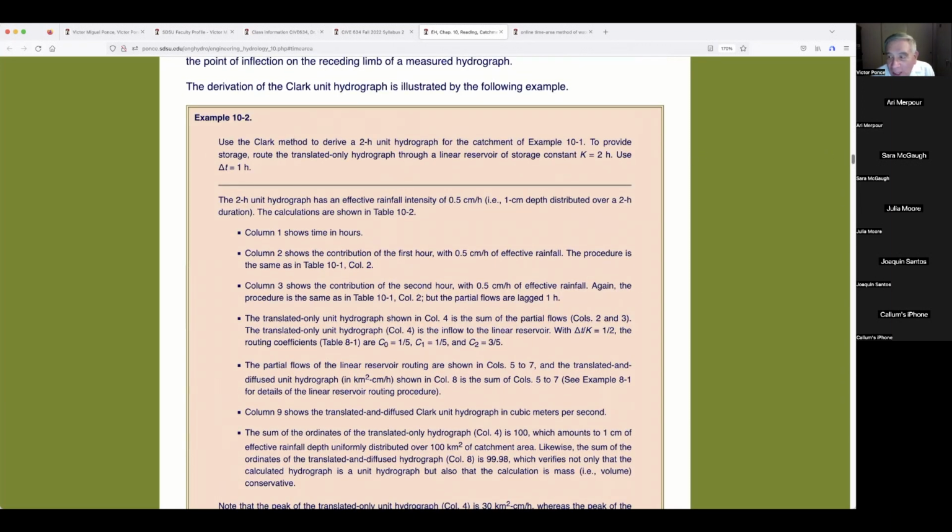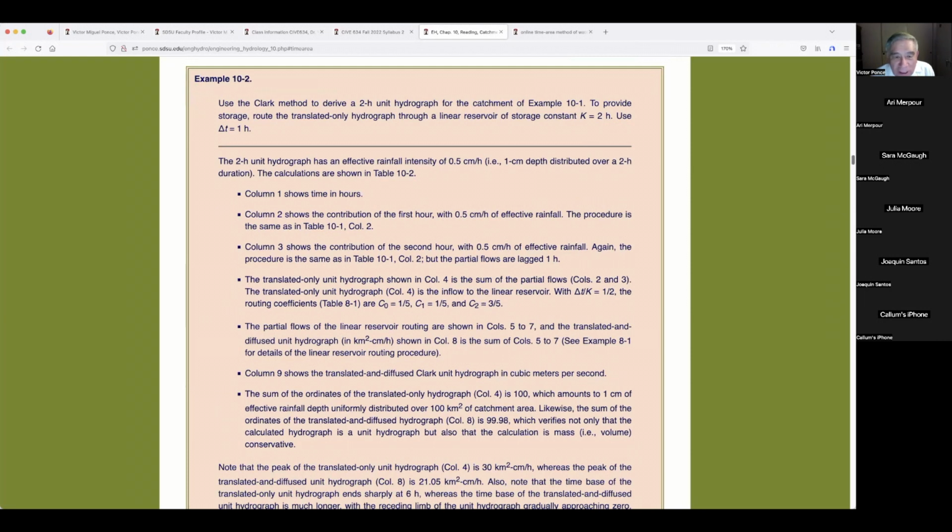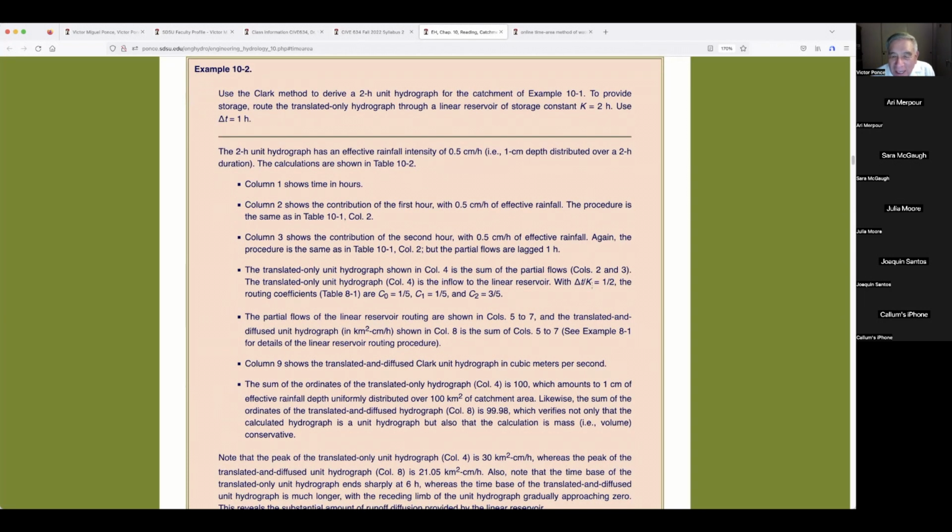So when they give you the K, then you have to figure out what the delta T over K is. The K is 2 and the delta T is equal to 1. So delta T over K is 1/2, from which the tables show, because there are tables and equations, that the coefficients of routing are C0 1/5, C1 1/5, and C2 3/5. These three reservoir routing coefficients have to add up to 1, and they do in fact add up to 1, as you can